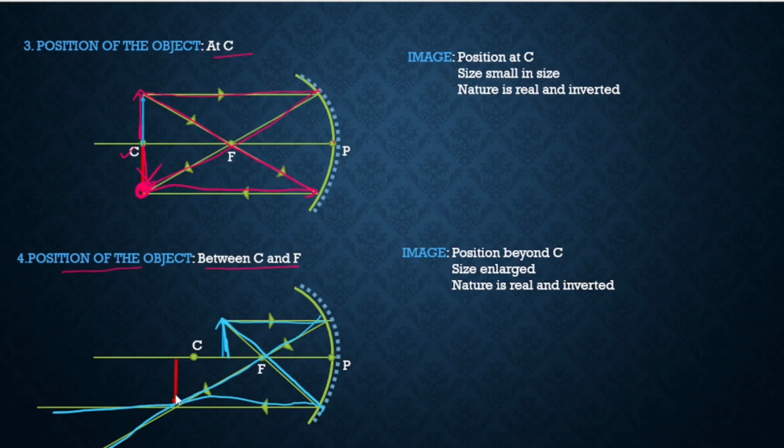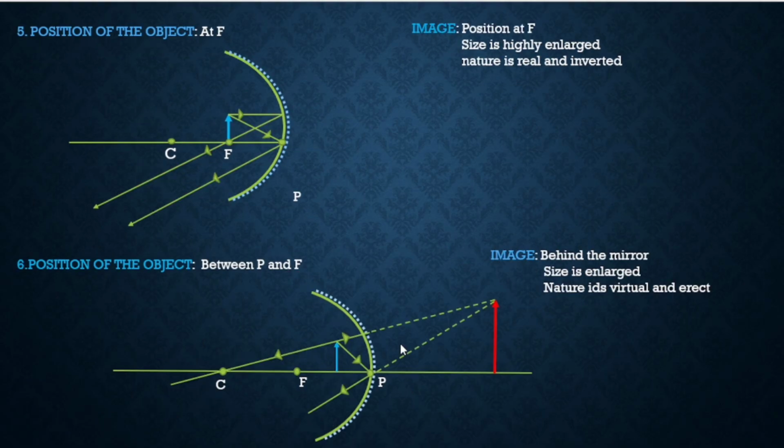principal axis. अभी दोनों रे ऑफ लाइट कहाँ पर मीट किया? यहाँ पर। ओके, पोजीशन इज बियॉन्ड C, C के पीछे में मीट किया। इसका इमेज का साइज क्या होगा? ऑब्जेक्ट से बड़ा, एनलार्ज्ड इन साइज। नेचर इमेज क्या होगा? रियल एंड इन्वर्टेड।